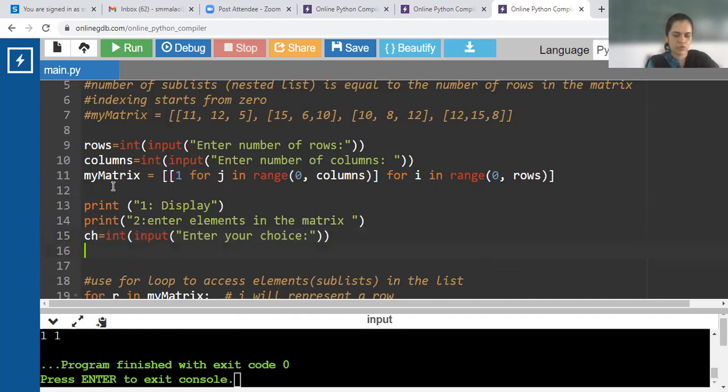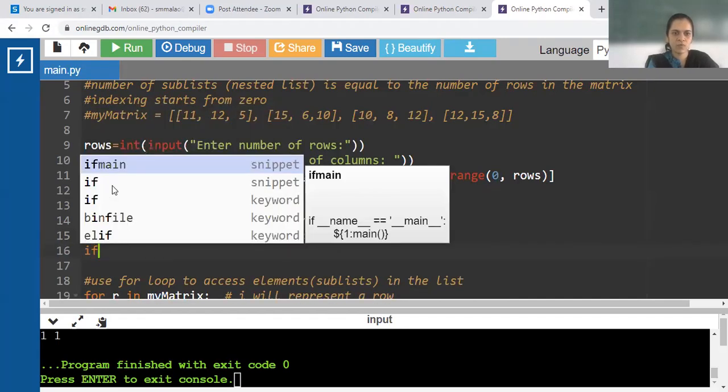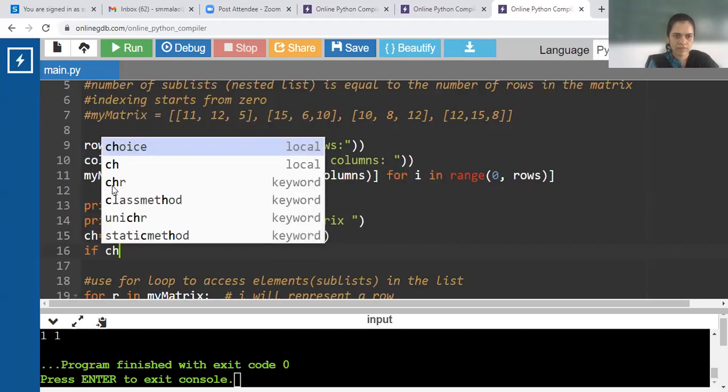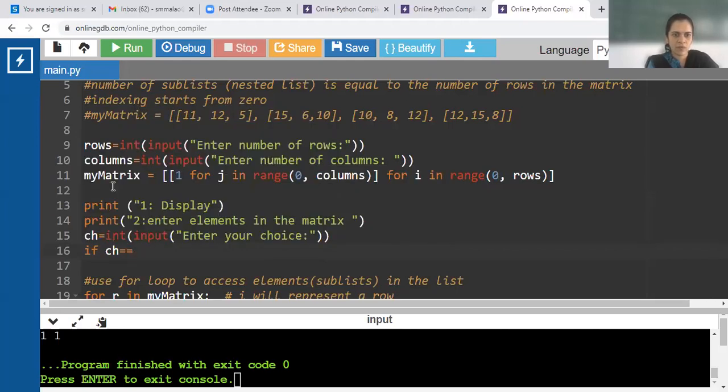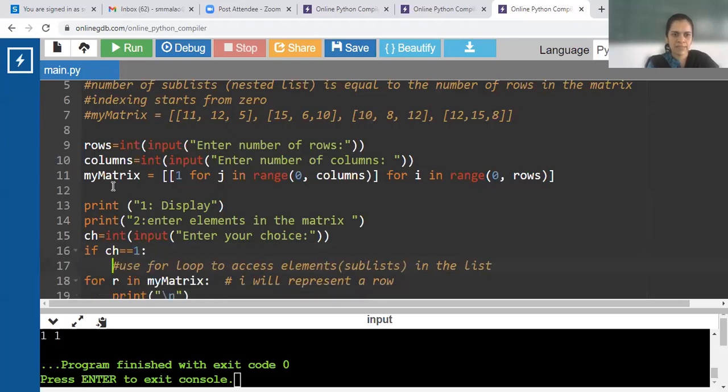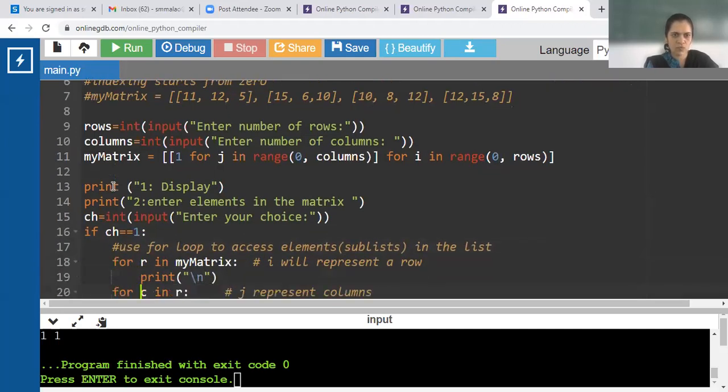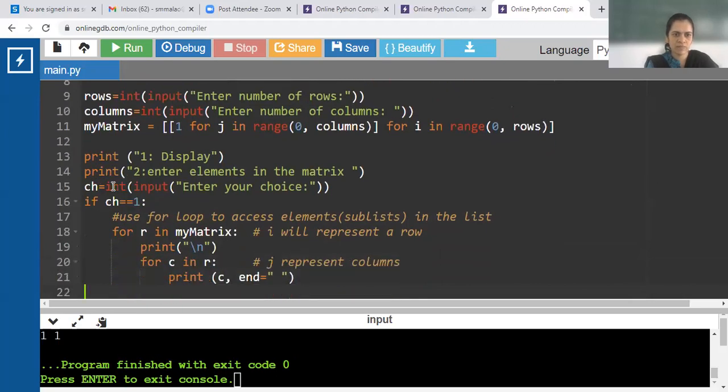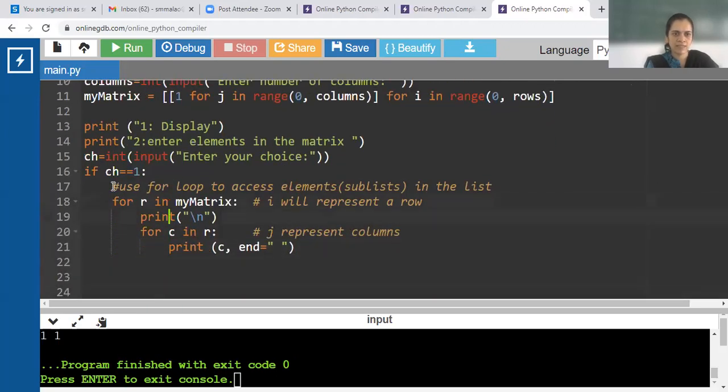The user will enter a choice. Then we can have an if statement. So if ch equal to 1, what will I do? I will display the matrix. So use proper indentation over here to display the matrix.